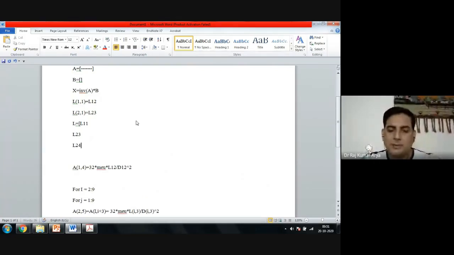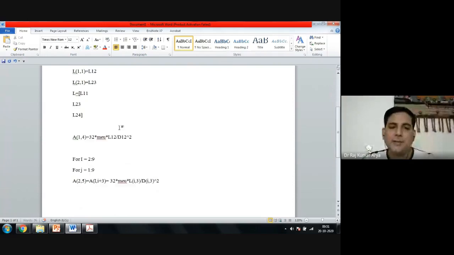This way you are storing all of them in one column matrix so that it can easily be recalled here. If you want to recall 2, 3, 2, 3 means practically L2, 1. So I can just put 1 here. Simple.